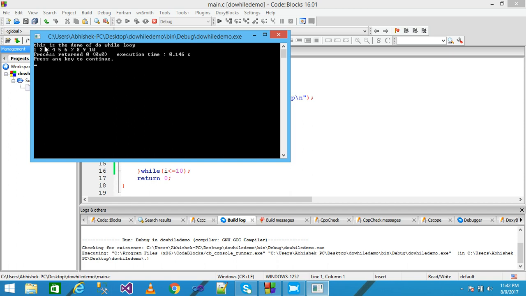the first printf function simply prints, this is the demo of the do while loop, and this loop simply prints the values from 1 to 10 onto the screen, and the whole demo is completed here, and thank you for watching my video, and